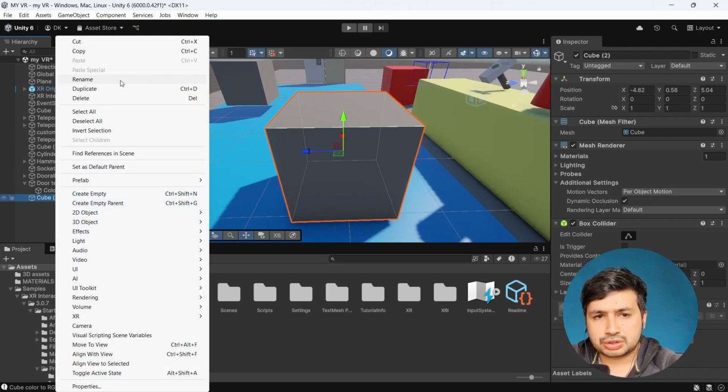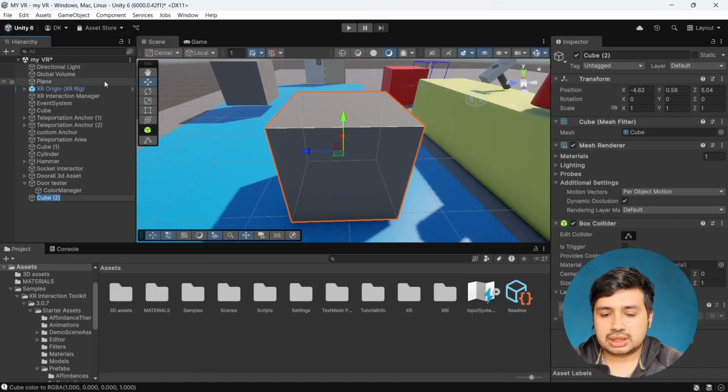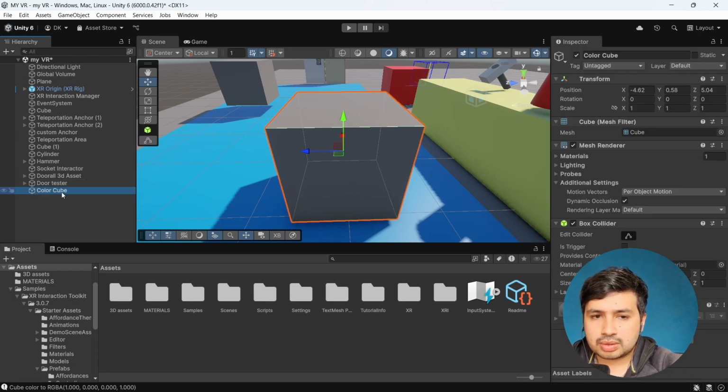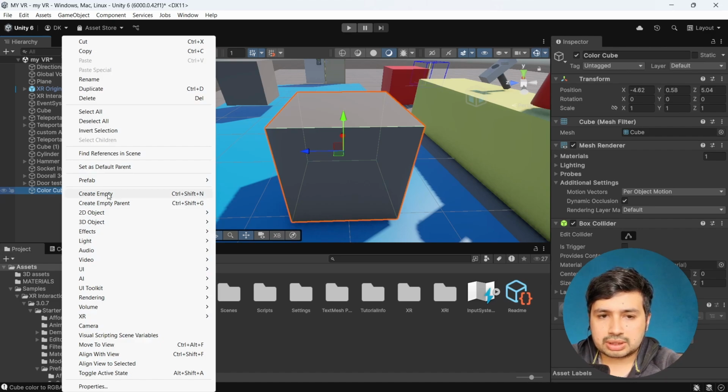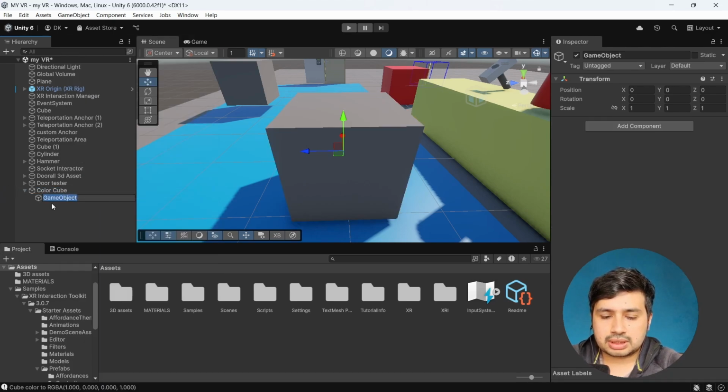Change the color of this cube through our code. So I'll be writing color cube. Then add a new empty object and write color changer